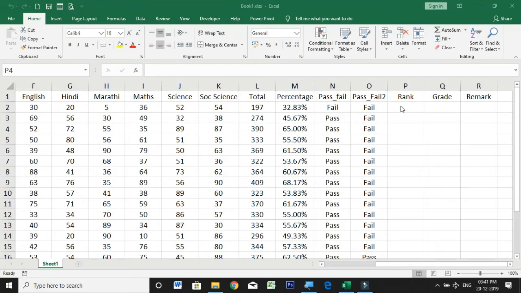So guys, we are going to start with the formula for the rank. The rank has to be calculated based on the percentage of the particular student. So we have to see where the percentage of that student lies in the entire